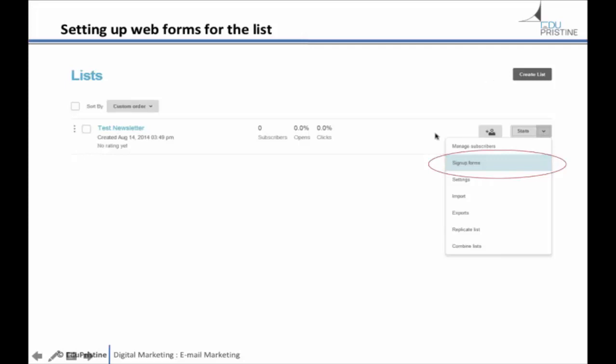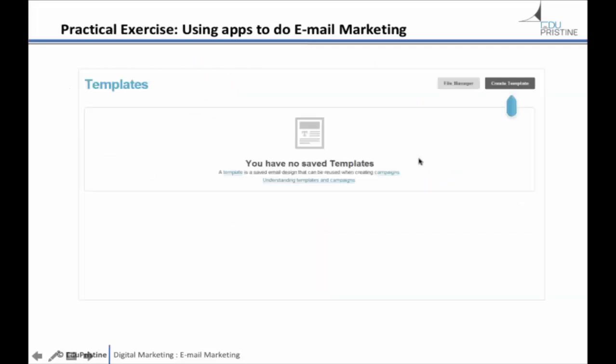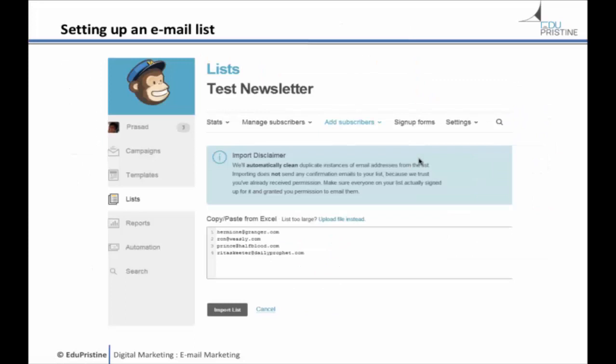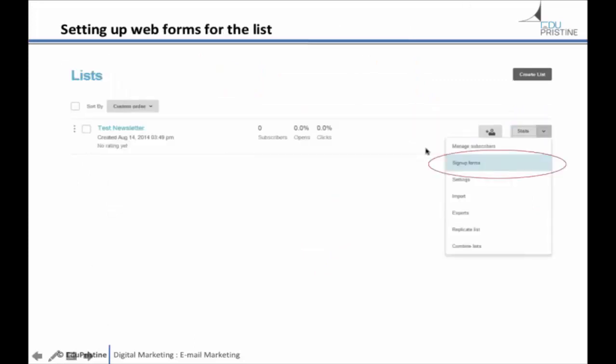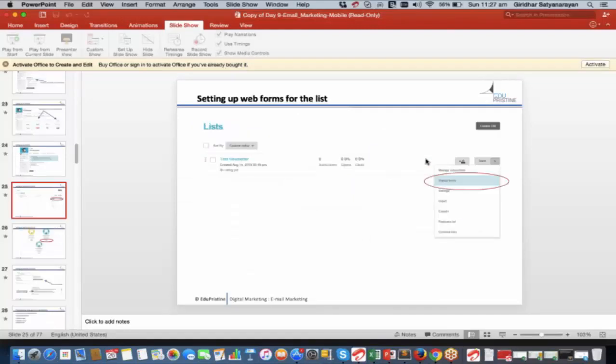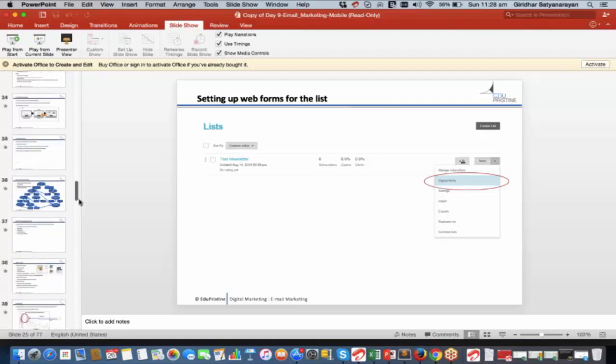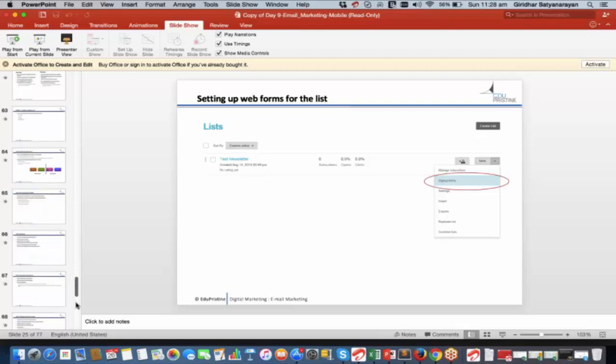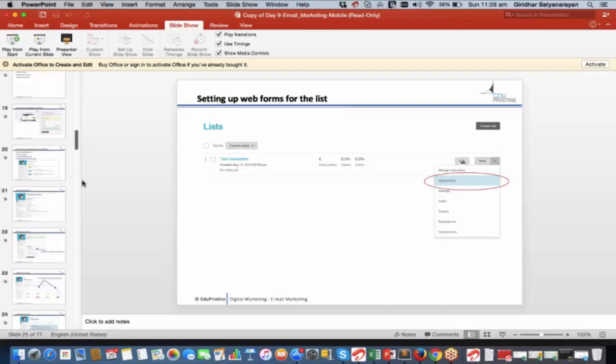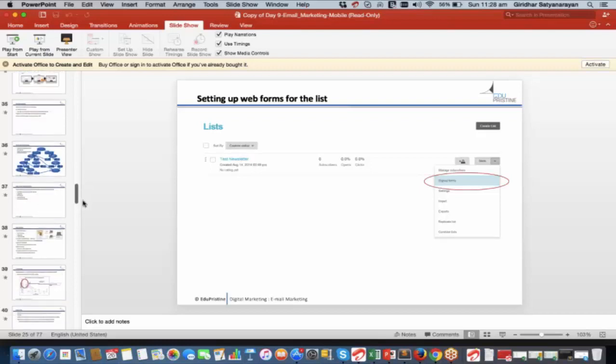So the sign up forms, which will take a while to do. Okay, so let's take a quick break for 20 minutes now. What is the time now? It is 11:30. So we gather back by 11:50, and then we'll continue with setting up sign up forms for the website, and we'll see some more concepts on email marketing, and then we'll move to mobile marketing. Okay, so let's gather back by 11:50, and we'll take things forward from there. See you in 20 minutes from now, guys.